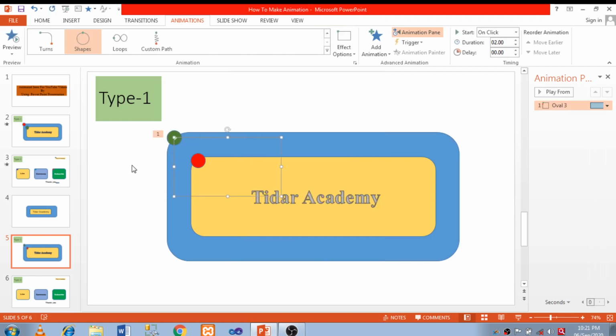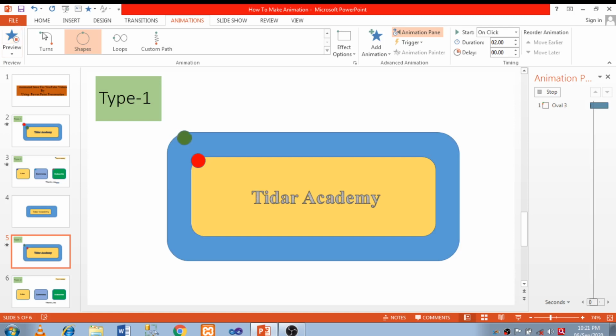I have checked the preview. So this ball is moving around this, so I want to customize this. I have adjusted this on the bigger rectangle, now this is adjusted on bigger rectangle.